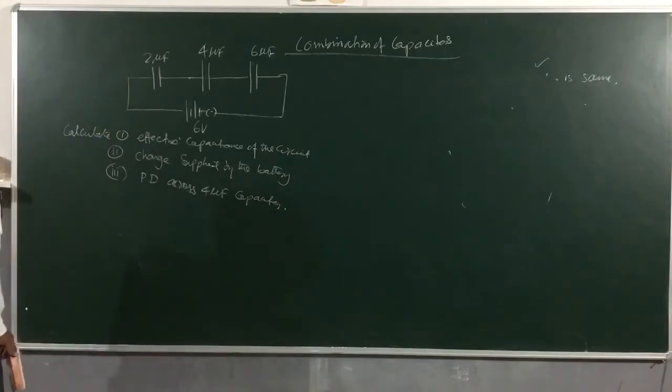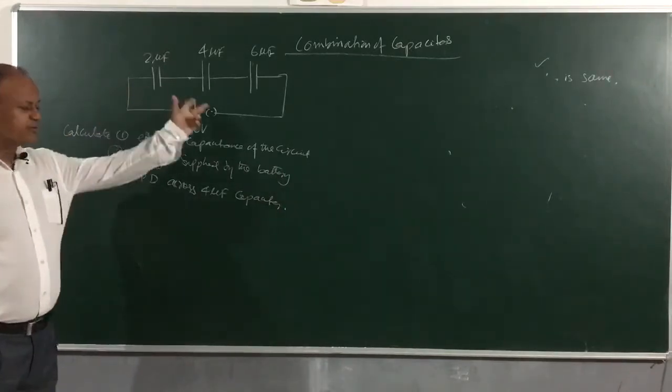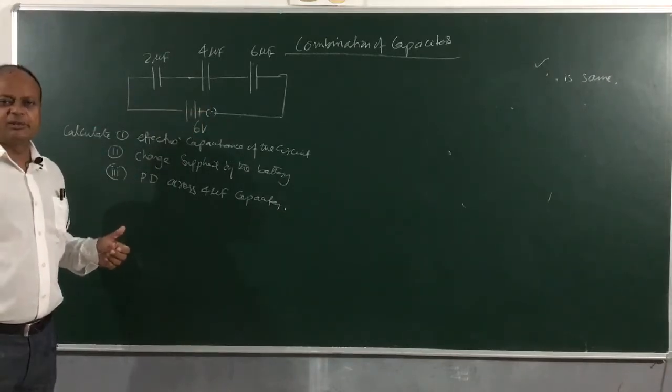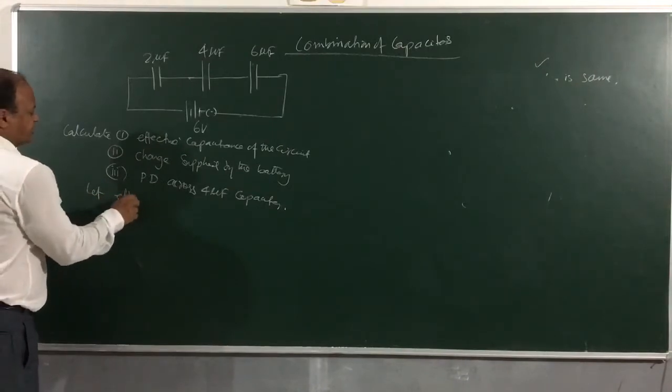Suppose you are given this question, you can very easily see children that this network represents series combination of 3 capacitors. So I will say let effective capacitance